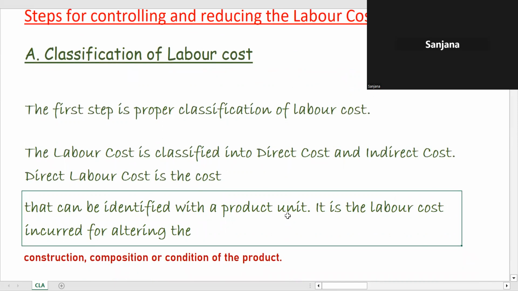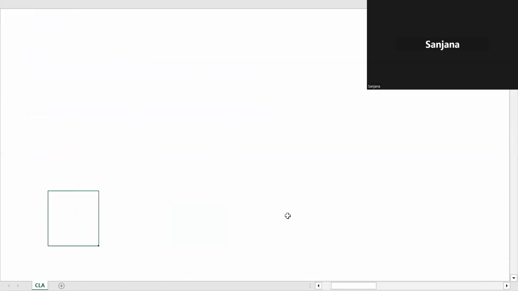सो डायरेक्ट लेबर कॉस्ट जो है आपका, ओके, इट इज द कॉस्ट दैट कैन बी आइडेंटिफाइड विद अ प्रोडक्ट यूनिट, ठीक है। ऐसा कोई कॉस्ट है आपका जिसको आप, जैसे हमने इन चैप्टर 1 वी हैव टॉक्ड अबाउट व्हाट आर डायरेक्ट एक्सपेंसेस, व्हाट आर इनडायरेक्ट एक्सपेंसेस, करेक्ट, जिसमें आई टोल्ड यू दैट व्हेन वी